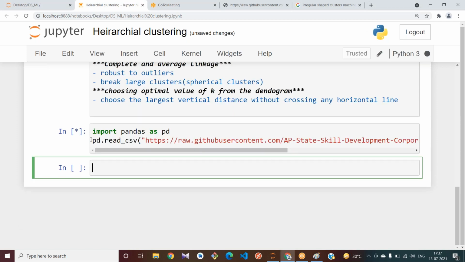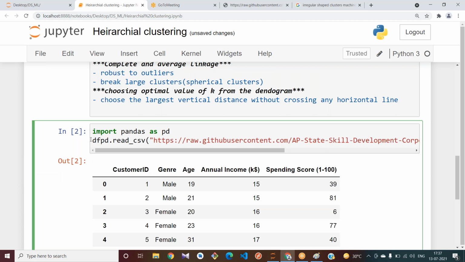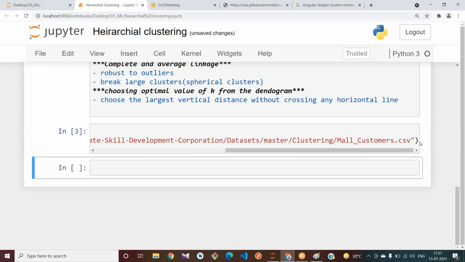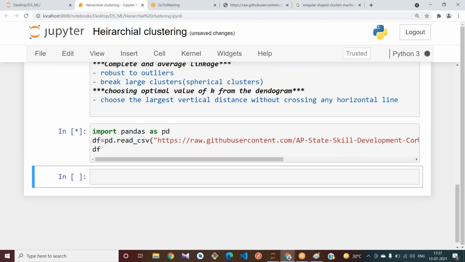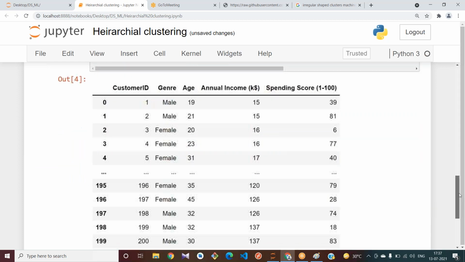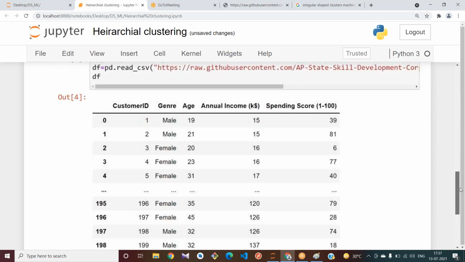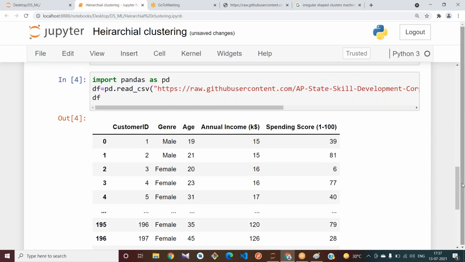Let me run this. df equal to. This is one data set we generally use in order to demonstrate clustering. We have the columns customer ID, gender, age, annual income, and spending score.